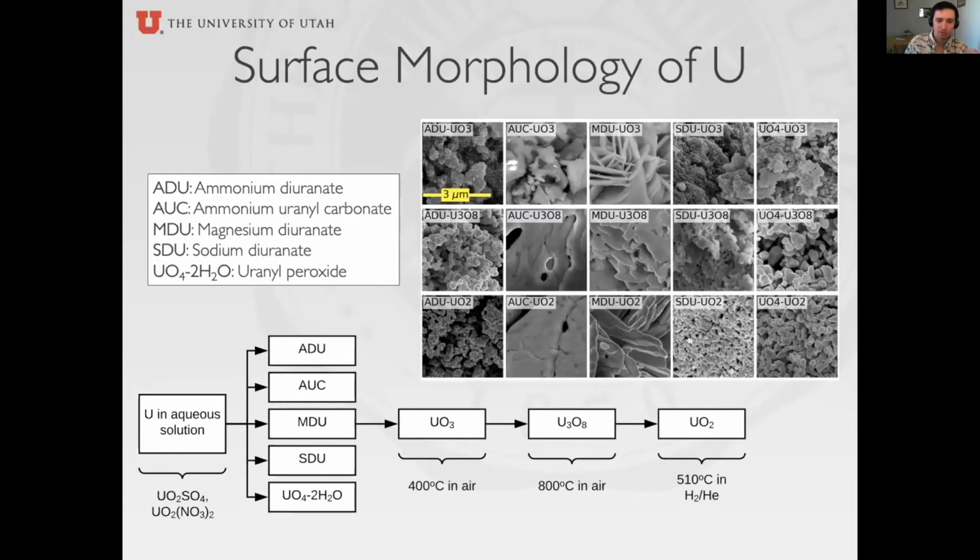And so when you produce these materials and calcine them to intermediate products that are important to the nuclear fuel cycle, such as UO3, U3O8, UO2, an analytical technique like powder X-ray diffraction will mostly show the same exact spectra for UO3 produced by any of these 5 precipitation routes. But as we can see from this image, there is a very large difference in the surface morphology when viewed by scanning electron microscopy. And so this is sort of what we're getting at with using this as a signature,